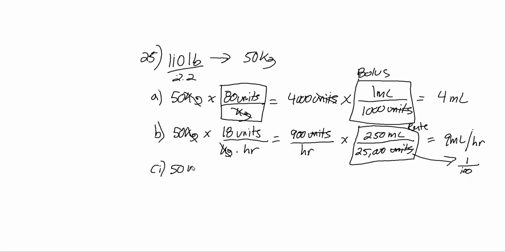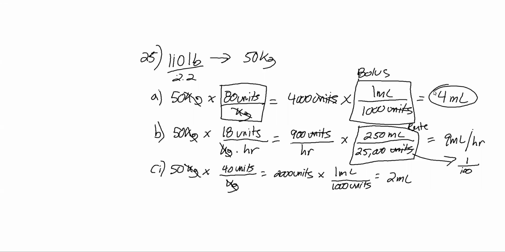50 kilograms, patient's weight, right? Doesn't change. This time, instead of 80 units, it's 40 units per kilogram, which gives me 2,000 units. Since we're still talking about the bolus, I'm going to use the bolus dose information. And then I get 2 milliliters. Okay. So answer A, answer C, part 1, answer B. C, part 2,